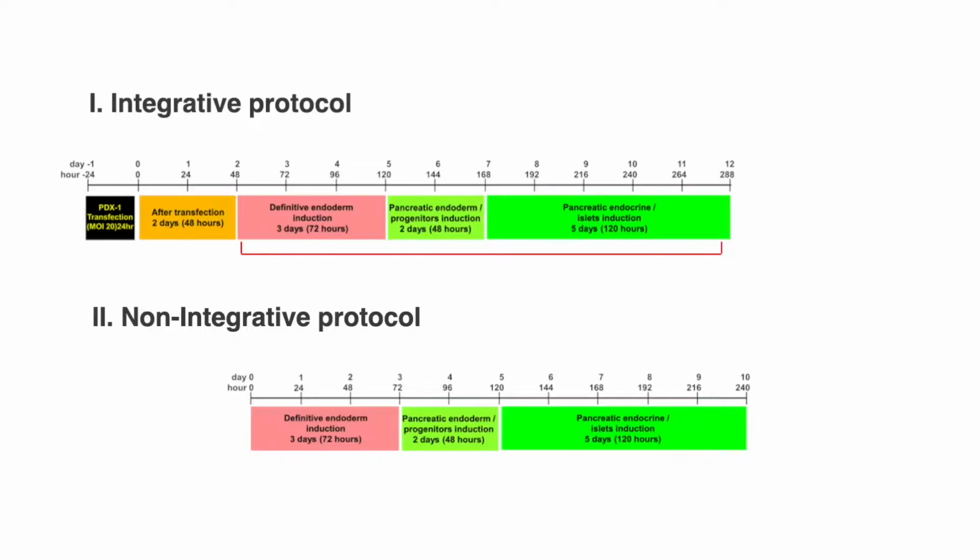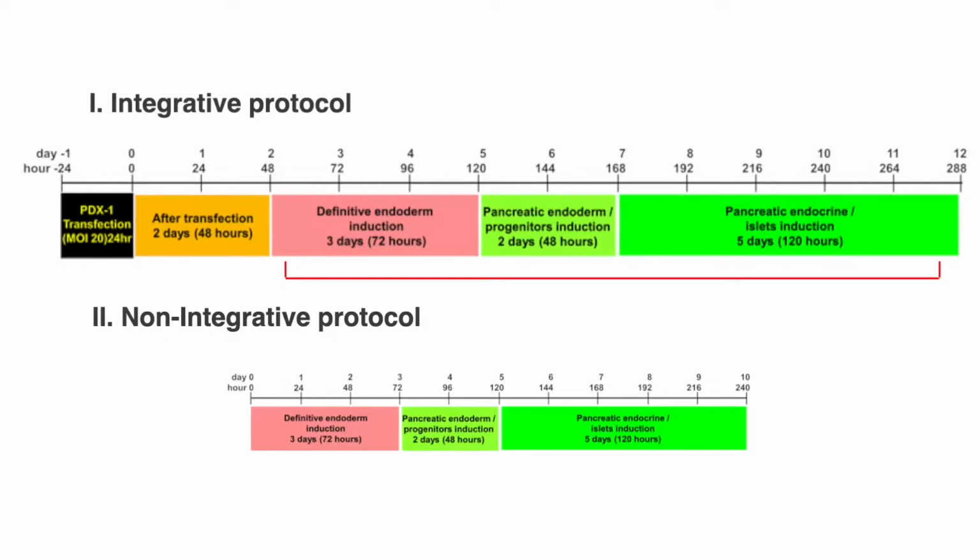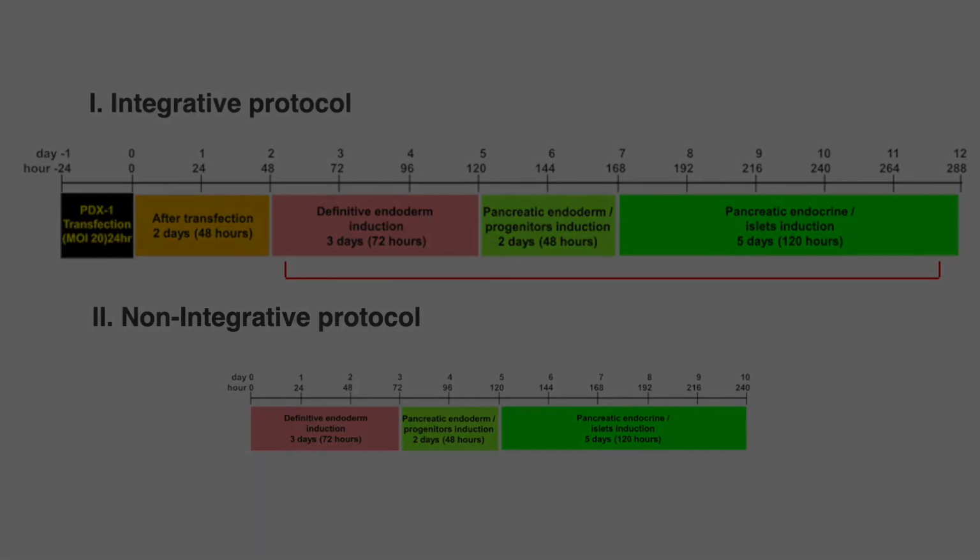The integrative protocol employed the overexpression of the essential pancreatic transcription factor, PDX1, in human dental pulp stem cells. Then, the PDX1 overexpressed cells will be further induced using the three-step differentiation protocol. The pancreatic differentiation potential of the integrative protocol will be compared with the non-integrative protocol, as illustrated in